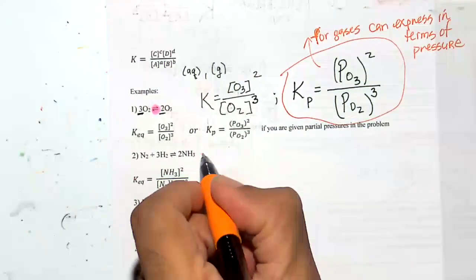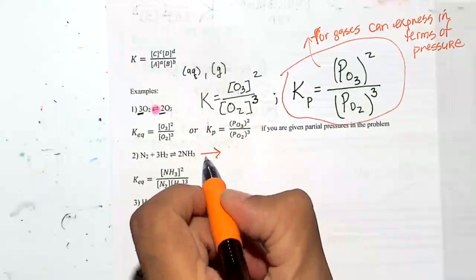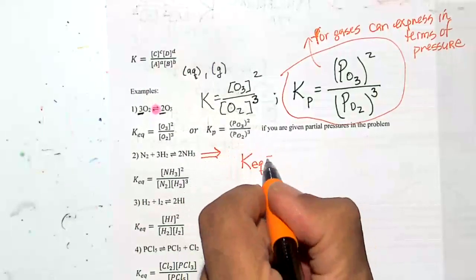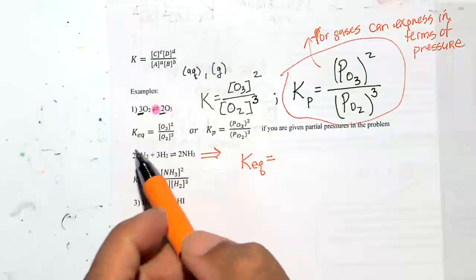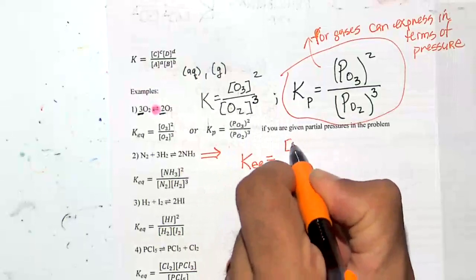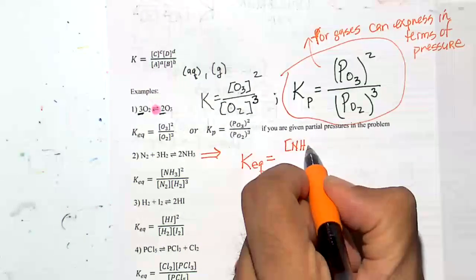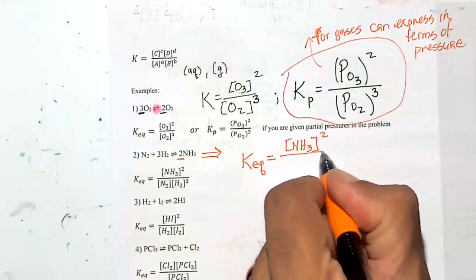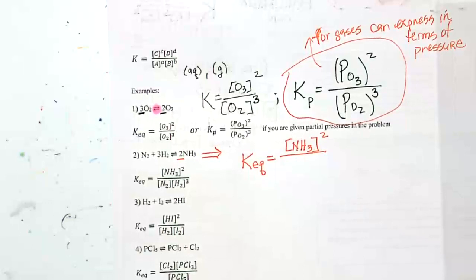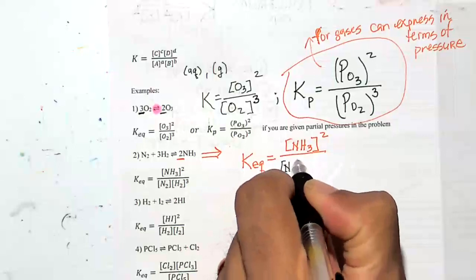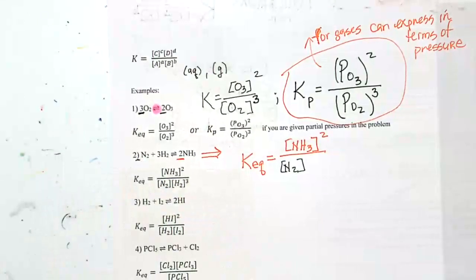How about this one here? What would the equilibrium expression for this one be? This Keq stands for equilibrium, and let's do it in terms of concentration. What would it be? The concentration of ammonia, which is NH3, raised to what power? 2, products over reactants, divided by the concentration of N2 raised to what power? 1, times the concentration of,